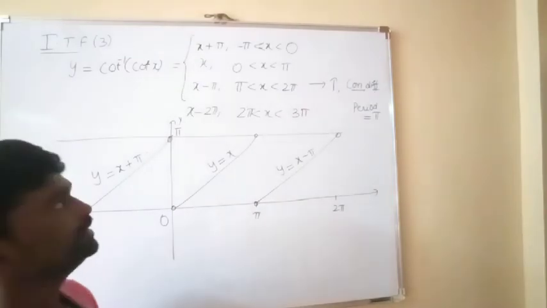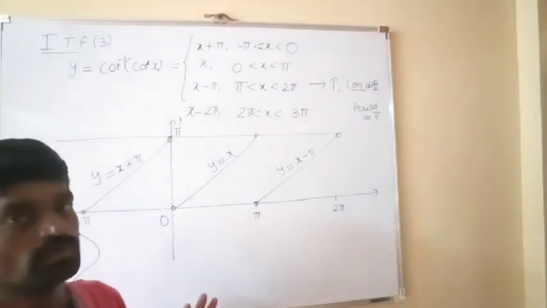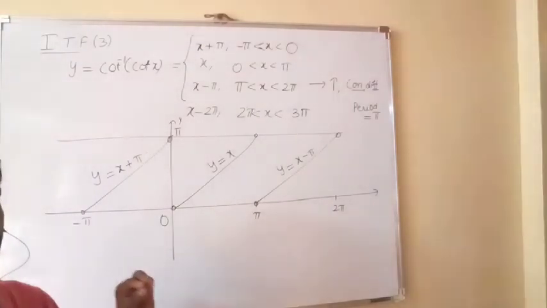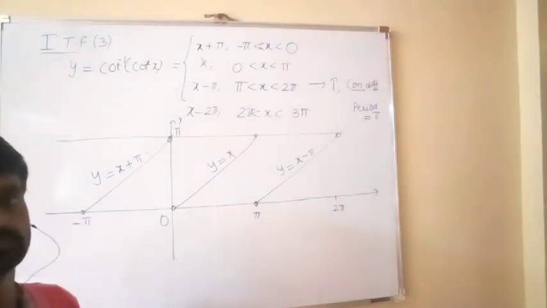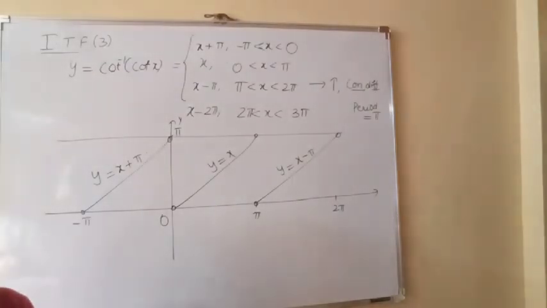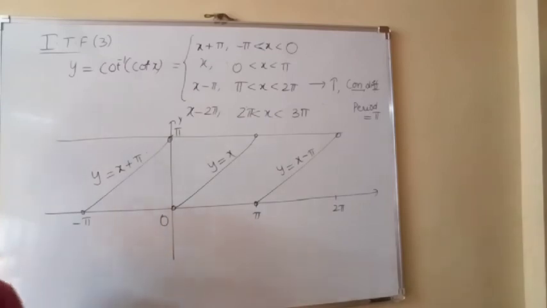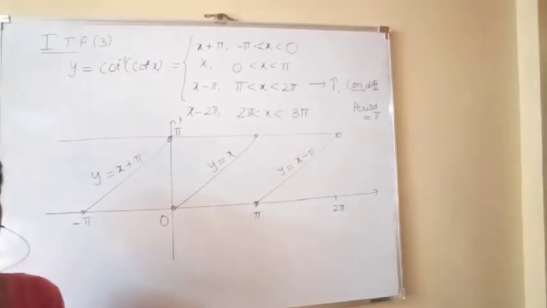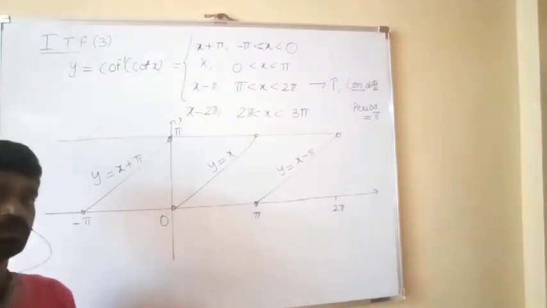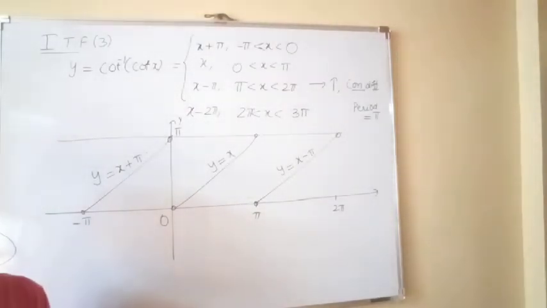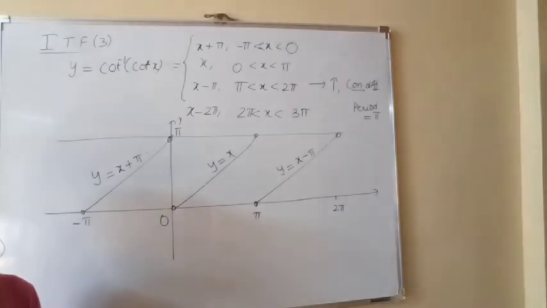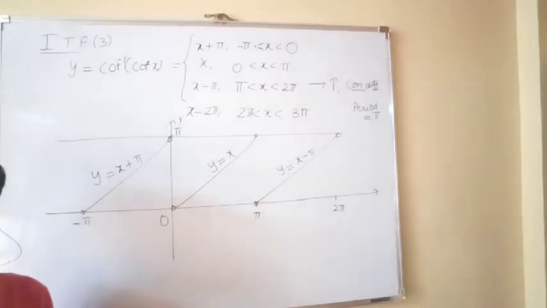So tan inverse tan x and cot inverse cot x are the only ones periodic with period pi. The remaining 4 functions are periodic with period 2 pi. And all functions are continuous, and all functions are differentiable, and tan inverse tan x and cot inverse cot x are increasing. The remaining 4 functions are non-monotonic and the period is 2 pi. Common points: in the remaining 4 functions, you will get alternately slopes of +1 and -1 in the branches. But here, for tan inverse tan x and cot inverse cot x, all branches have slope +1 only.